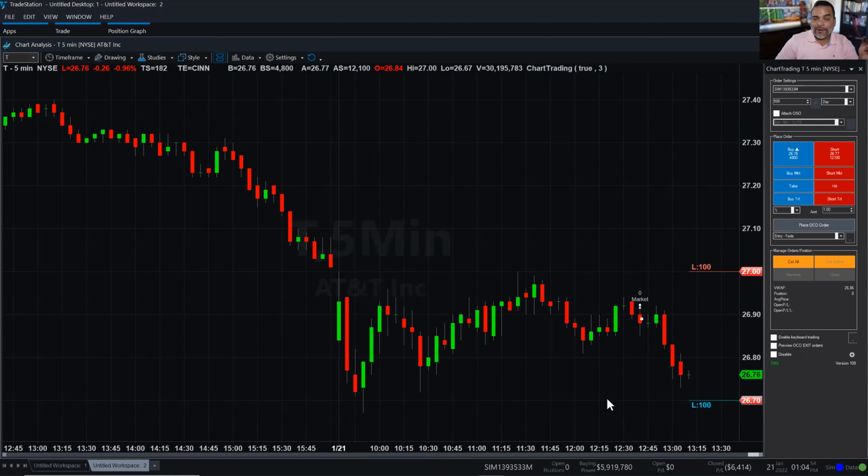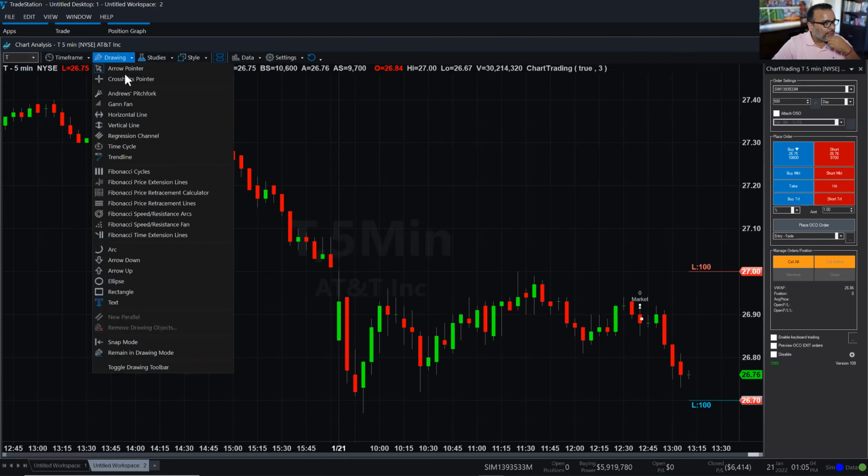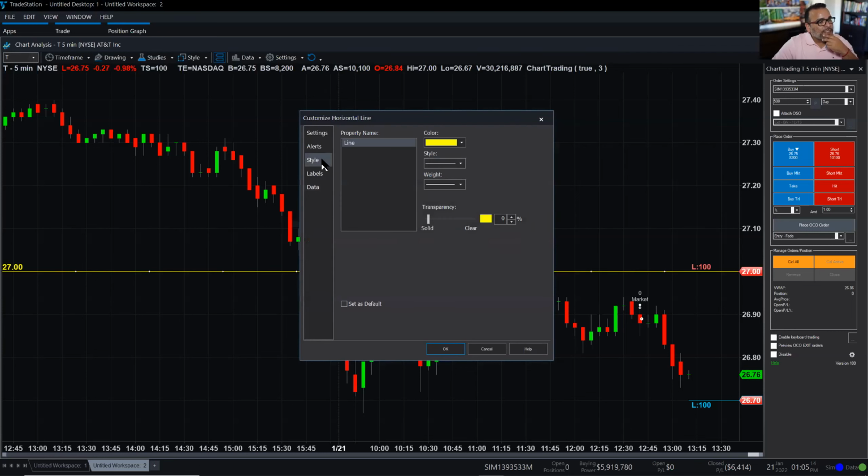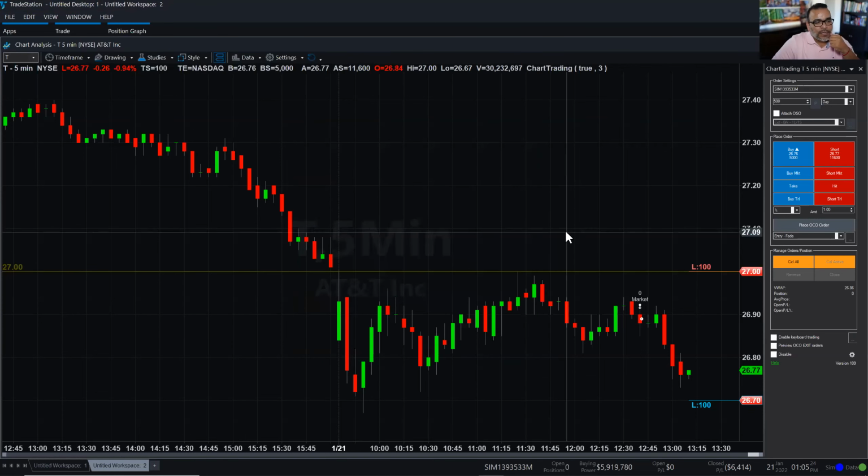So sometimes those levels are useful because you've identified them. You're seeing me that I'm deleting them, but if you want to make them a little bit more transparent, you can. If I go here to horizontal and I draw it, I remove it because it kind of obscures whatever line is there, but double click on it. On the style tab, you have a transparency slider. I can make it 75% transparent, maybe 70, maybe 70 was too much. And you can see that it tones down the yellow, and I'm able to see the order line right here